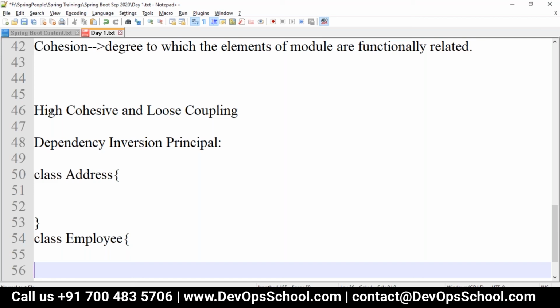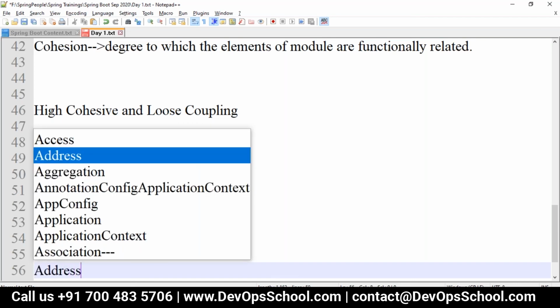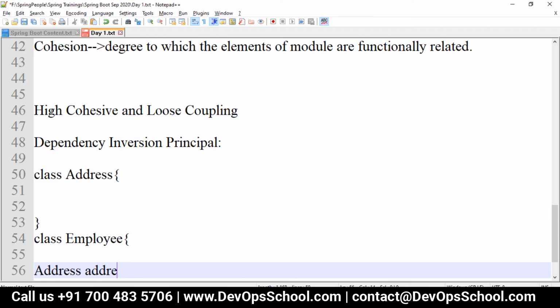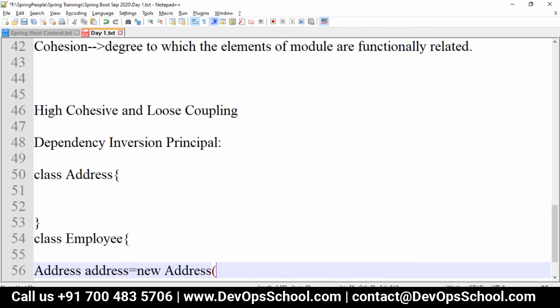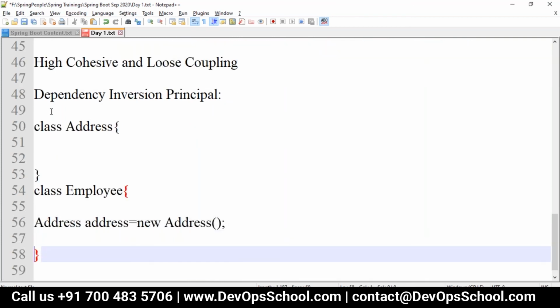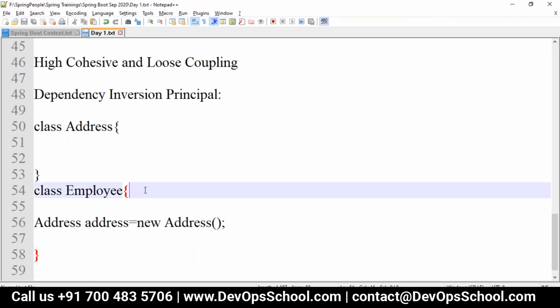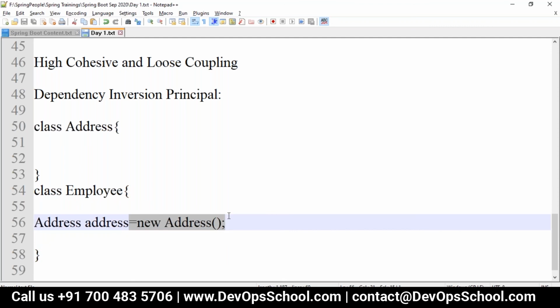So I will make one property, Address addr equals new Address. It works fine, no problem. An employee has an address, and when the employee object is created, the address object also gets created. This new operator results in tight coupling, because the employee is completely dependent on the address object.